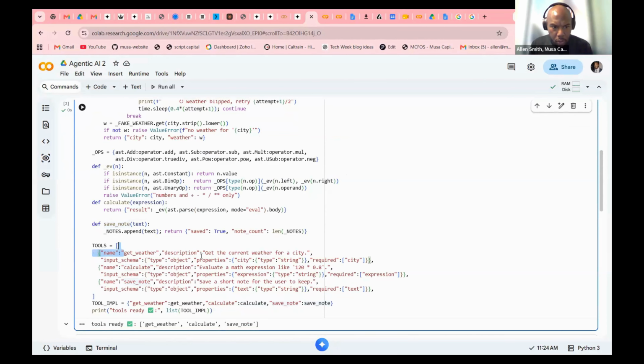And then for our tools, we have name get weather, name calculate, and name save note. Each of these requires, this is what our anatomy of